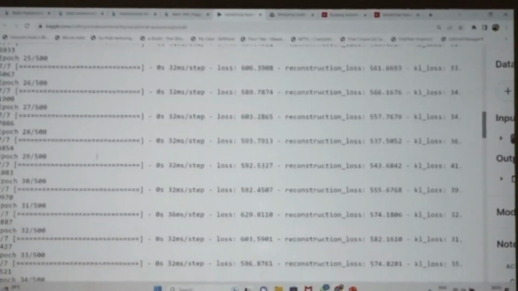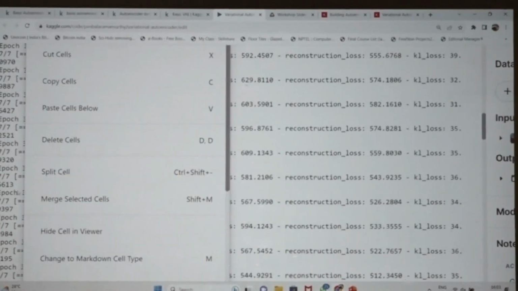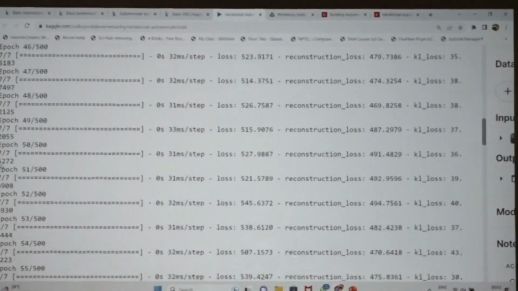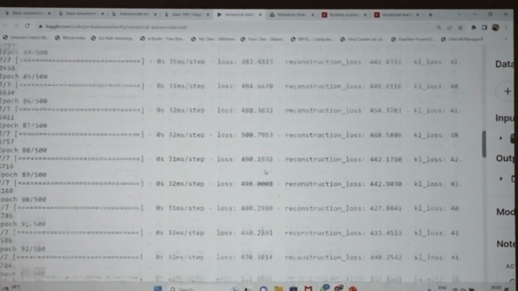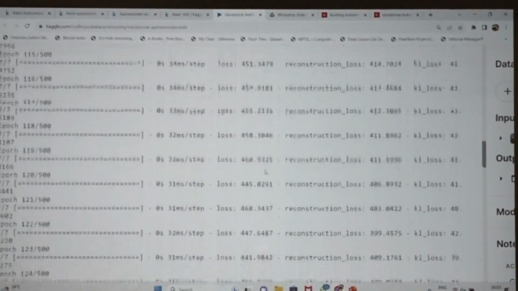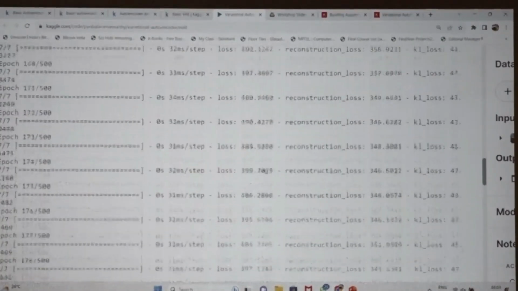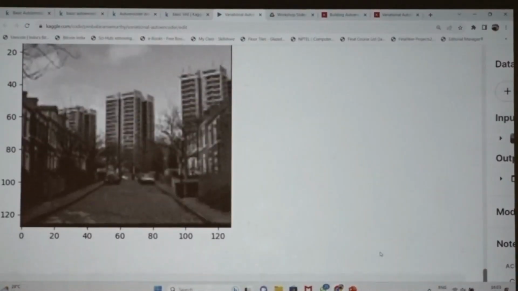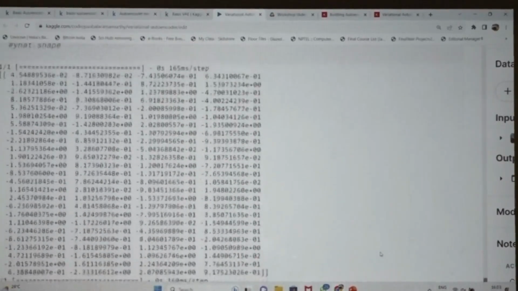See here, I think I ran this for 500 epochs. I will show you the result. This is the original black and white image I am taking. I am expecting the same image after 500 epochs.